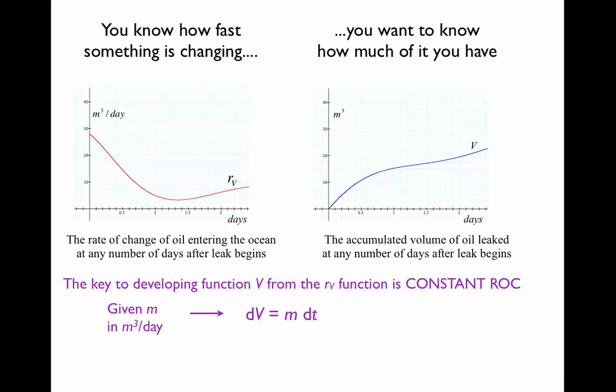So we've got a change in volume. You add it to? Yeah, so any final volume would be any initial amount of volume plus the change. And that change is our m times dt. So this is another principle we worked hard on. These principles of constant rate of change are the keys when you know how fast it's changing, and you want to know how much you have. Because m is, given a constant rate,